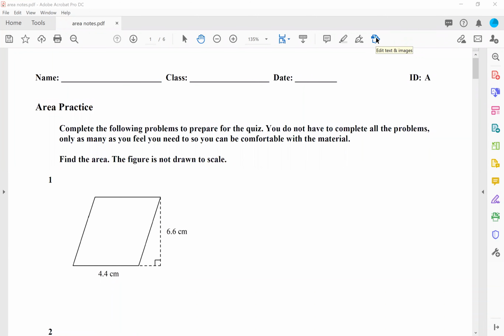We're going to go through and find the area of some basic shapes. So the first shape we have here is a parallelogram. The formula for the area of a parallelogram is base times height. A key thing to note on quite a few of these shapes is that your base and your height must be perpendicular. Okay, so your base has to be perpendicular to their height, meaning that they're making a right